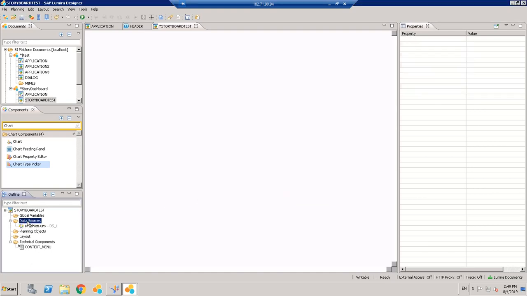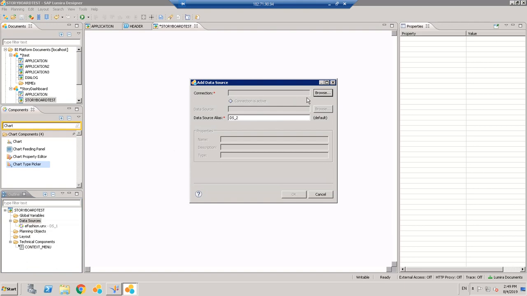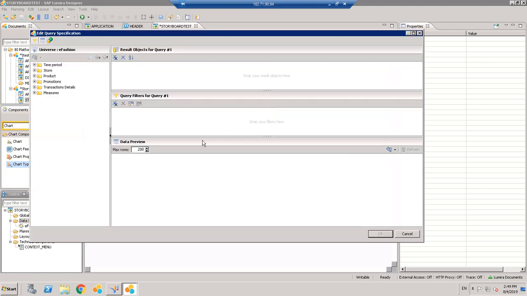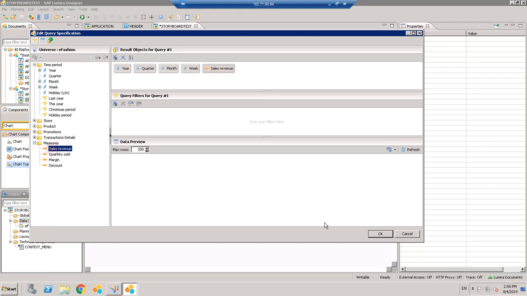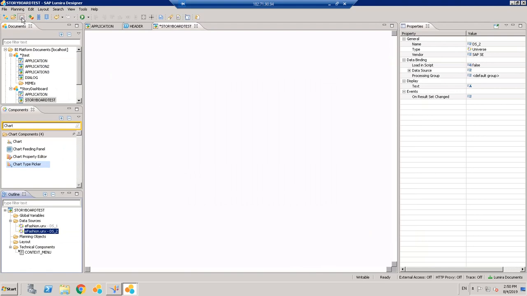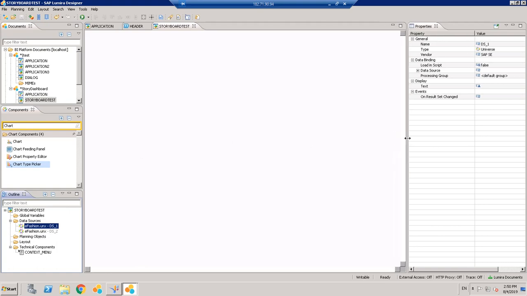and another data source which we'll need is year and month wise data. So we can say year, let's say quarter, and month as well, and let's take week as well. So once we have these two data sources created, the first thing is to have the storyboard, like having multiple